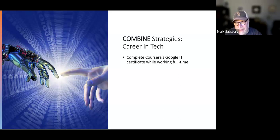Now, Google is one of the companies that has led the way in saying, we're not requiring a college degree to hire somebody for Google. You just have to be able to show that you can do the stuff that we need you to be able to do, and you know the stuff we need you to know. So Google worked with Coursera to build the certificate. Then once you've got that certificate,